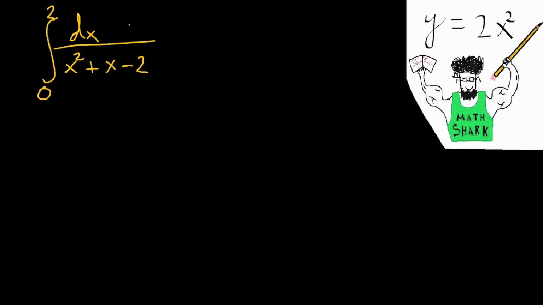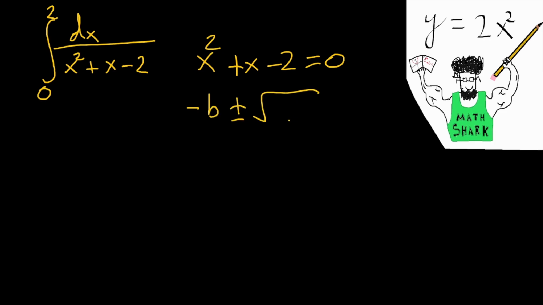So I'm ready to solve this improper integral right here. In order to check if this is improper, first we need to check if the denominator is ever equal to 0. And we do that by making the quadratic equation right here equal 0. Then you can solve this using the quadratic formula: minus b plus or minus the square root of b squared minus 4ac, over 2a,